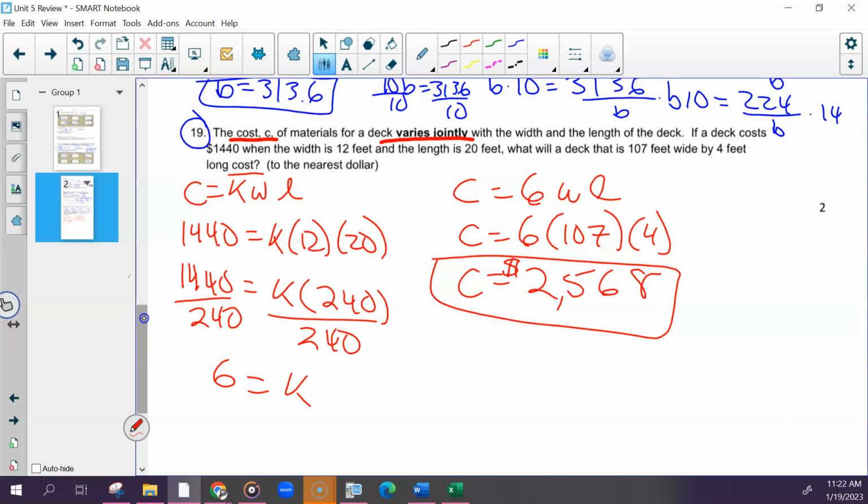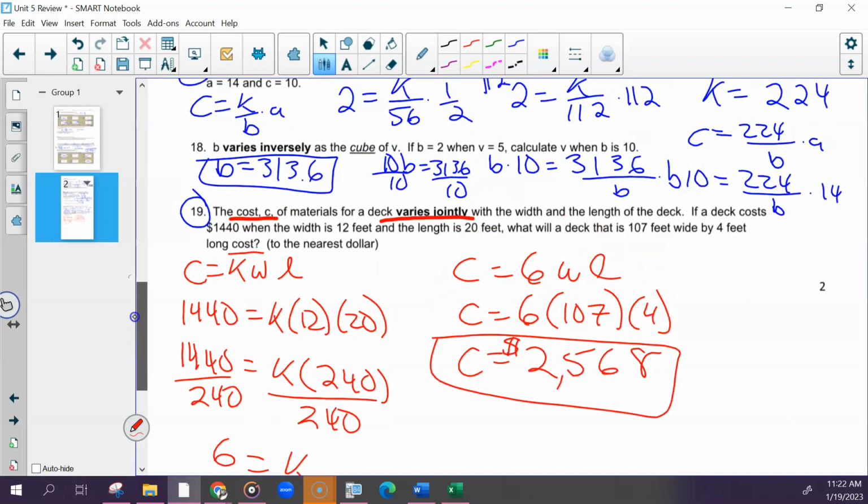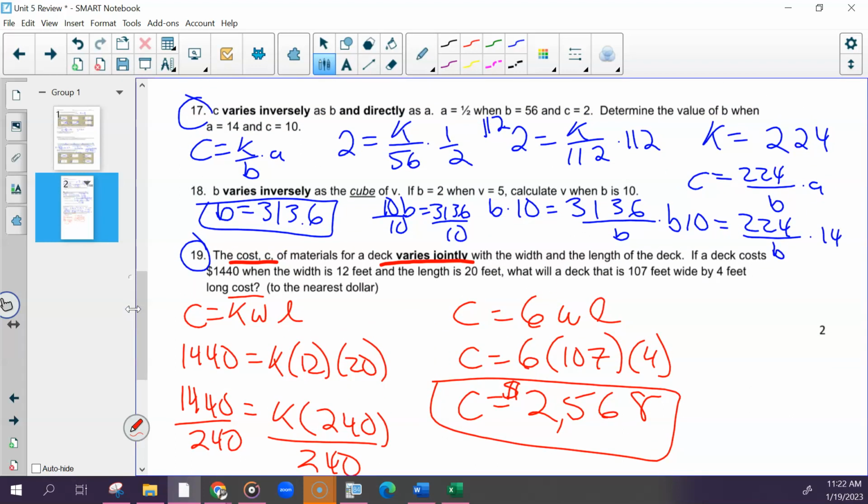Okay. Questions on that one? Or any other questions in general, specifically? If not, go ahead and put your cell phones in a calculator pocket, clear off your desk, grab your calculator,